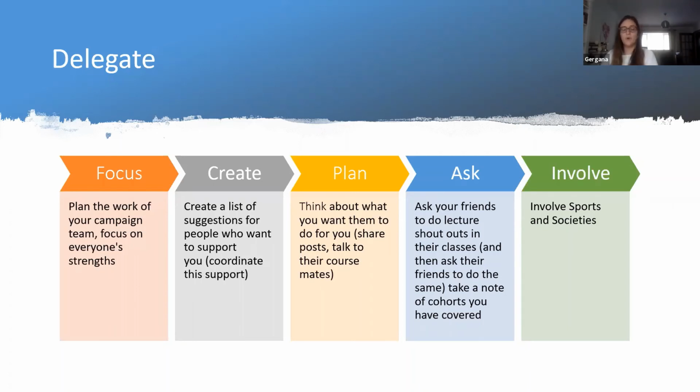And it's the same for messaging, so private messaging. I know it can get hard, but you need some sort of a system to know who you've already contacted, because if the same person receives 5 messages from 5 different people asking this person to vote for you, they're going to hate you, they're not going to vote for you. When I was a student, I was receiving lots of messages from different people asking me to vote for the same person, and I personally thought this is really annoying, because I've already said I'll vote for them. I don't need 10 more messages.